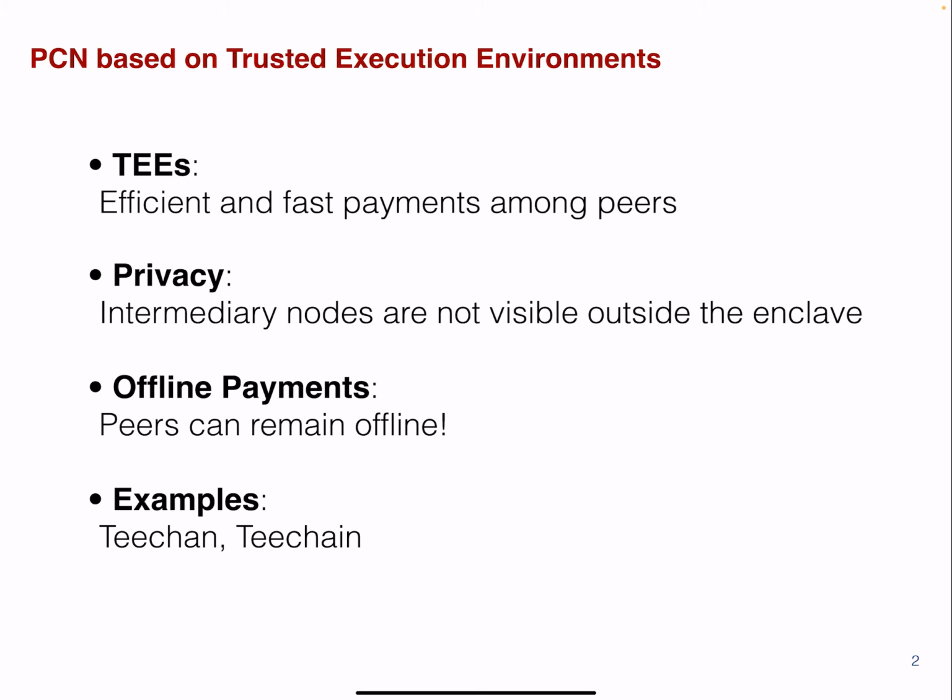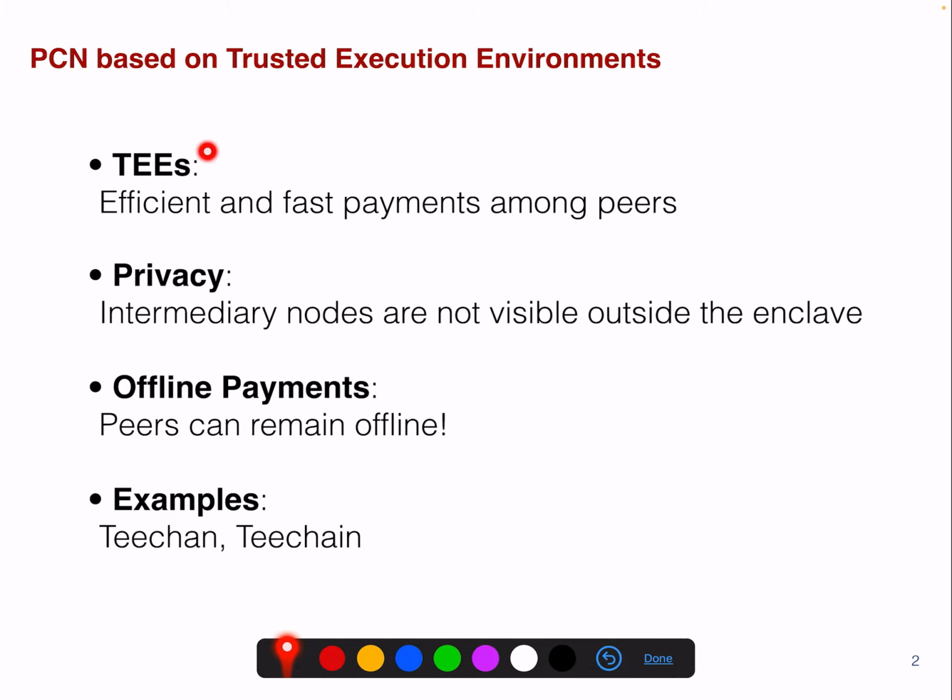So this is a technique that allows you to perform efficient and fast payments among peers. It is something where you add an additional layer of complexity, an additional layer of trust as well in the hardware manufacturer. But it is a technique that allows you to perform quite efficient protocols. What's good is that it also allows you to provide privacy, so intermediary nodes are not visible outside the enclave, right? So if you have two enclaves,